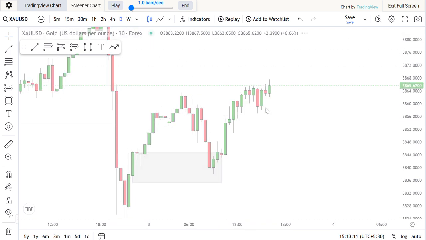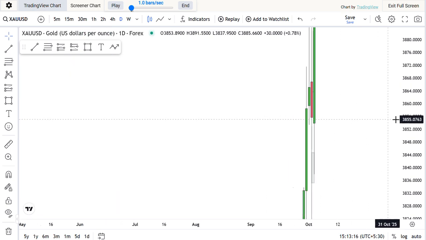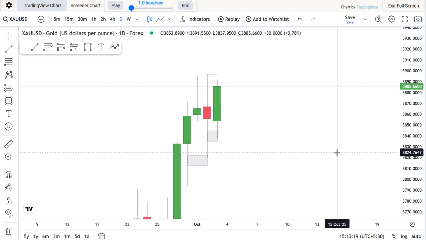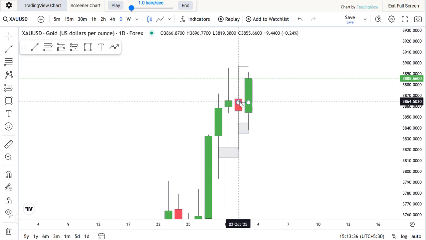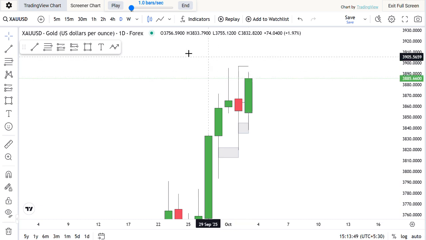So now looking on higher time frame, because that is what I like to do, you see that the price on the daily time frame had been reacting around here. So we had all of this happen. We had price go up here. We had price react to a supply and come down and still close bullish. Then we had price open, try to buy, fail, and then sell down into this place, and then bought up again. And now we have price tapping into some form of demand here and then going up to buy.